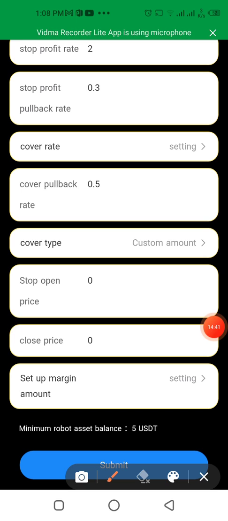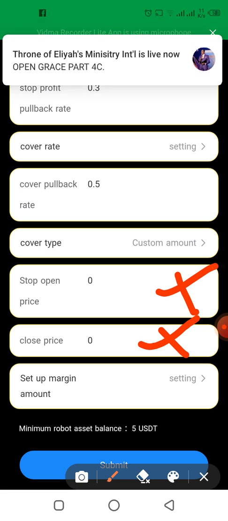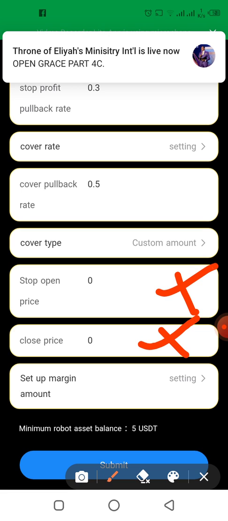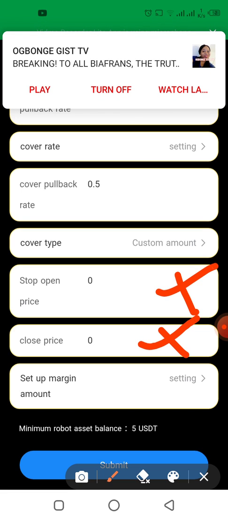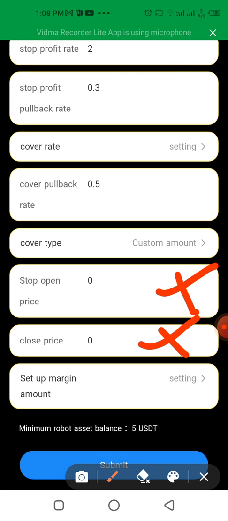So these ones, just ignore it. These ones, you actually put something here when you're talking about custom magnification. That is the third type of trading that is in this very bot. You saw custom amount, you saw margin strategy and custom magnification. That is when you put something here. I don't want to talk about that because that is a very